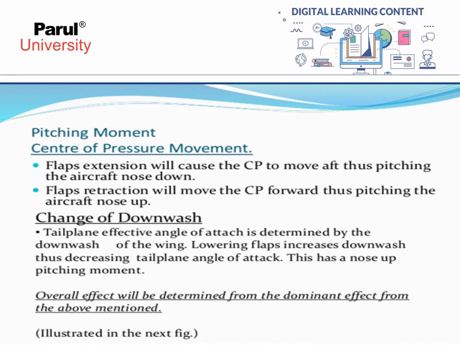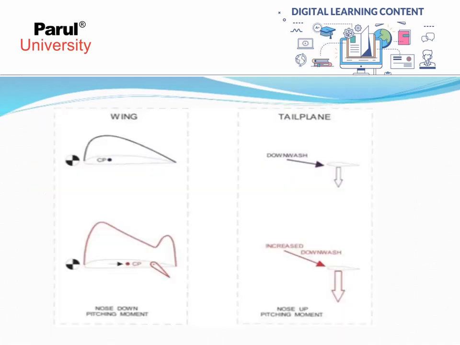What is the center of pressure? CP is nothing but the center of pressure. All aerodynamic forces act on the center of pressure, and the pitching moment about the center of pressure is 0, because what is a moment? Moment is force times perpendicular distance, and the distance is 0 because all the forces are acting at the center of pressure. Then the distance is 0, so the pitching moment is 0. CM about the center of pressure is equal to 0. Okay, now we can go to the next slide.